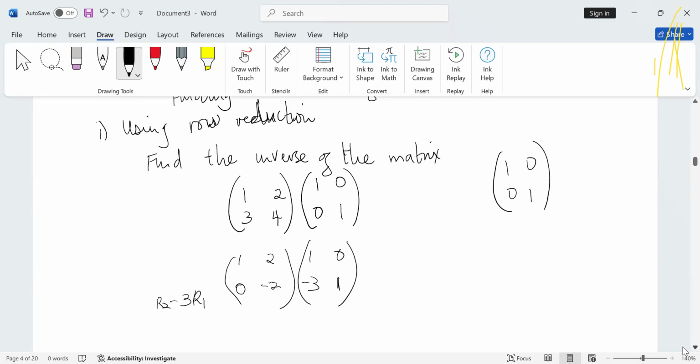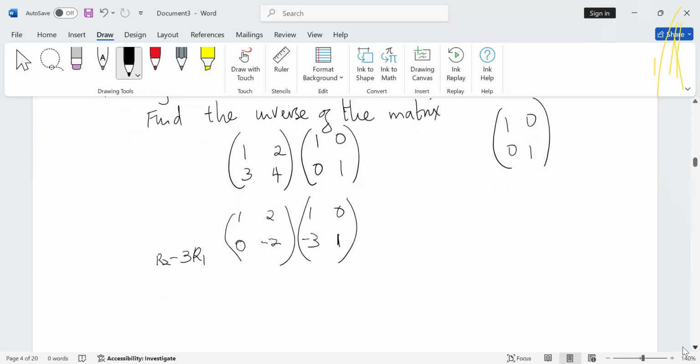So we are using row 2. That's why it's called row reduction. We're using row 2 and row 1 to make this 0. We want to make this 1. So to make this 1,